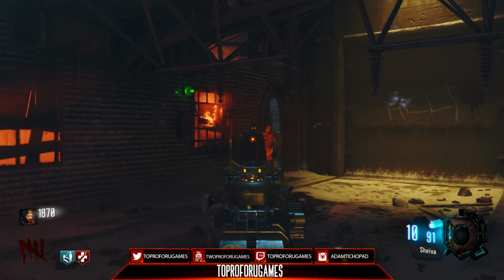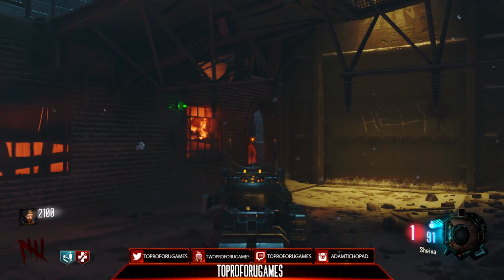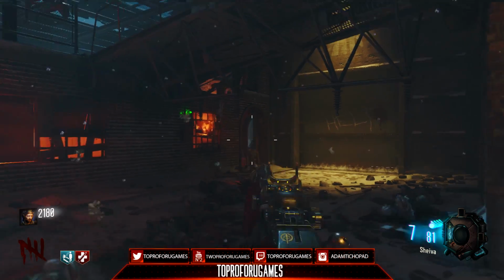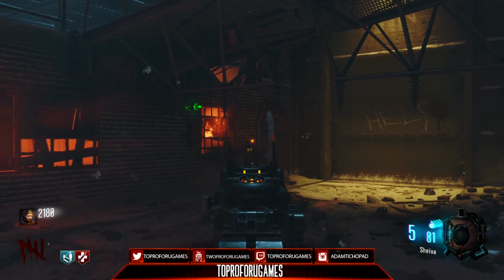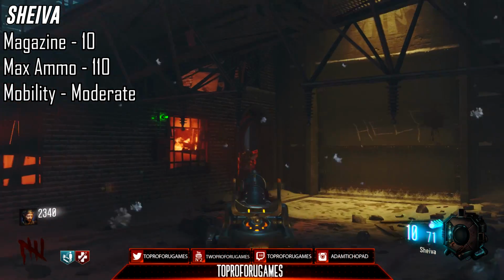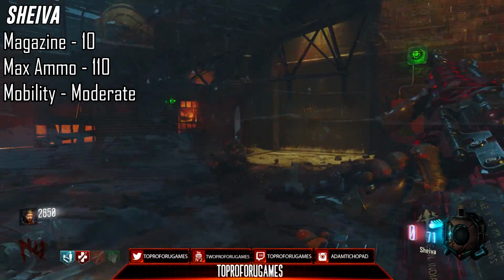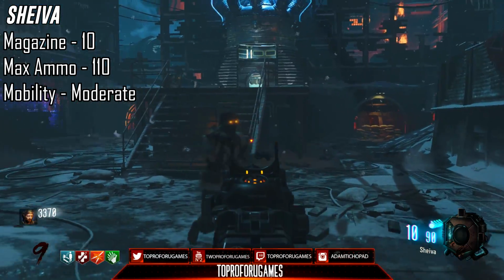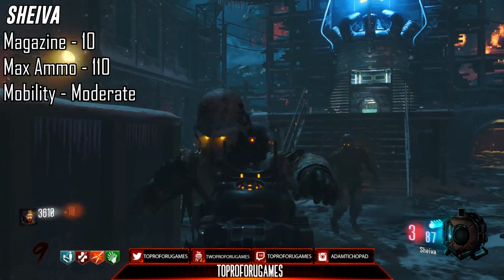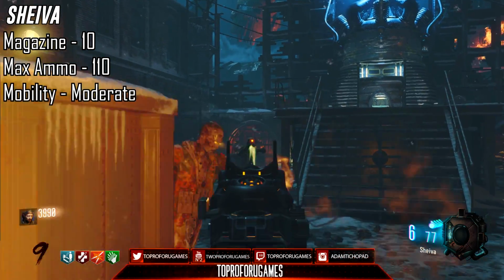And before I get into why I think the weapon is overrated, I'm gonna go over the ammo count really quick of the Sheiva and the upgraded Sheiva as well. So the regular Sheiva only has 10 shots in a clip, and you have 100 in reserve, 110 in total. Your mobility is moderate, and that's where the Sheiva is really bad when it's not Pack-a-Punched. Even if you have Double Tap 2.0, even if you have rapid fire and fast mags and all those attachments,